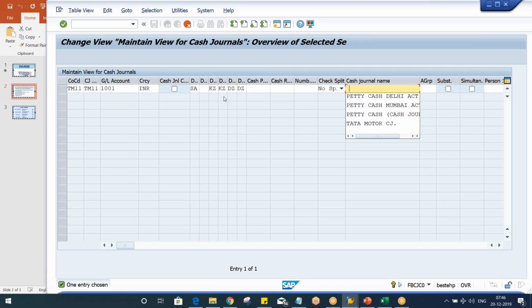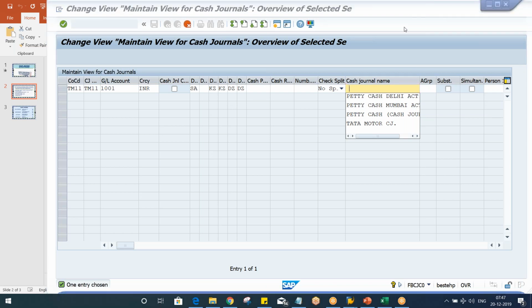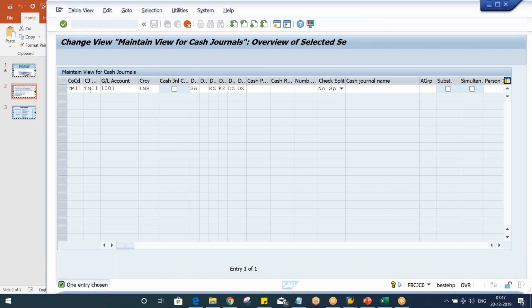What is the use of this? Try to understand one thing, guys. What is the use of this cash journal number? So guys, let's suppose